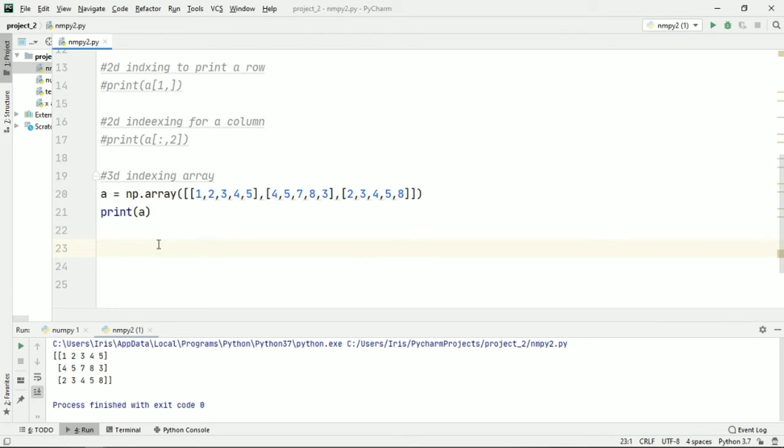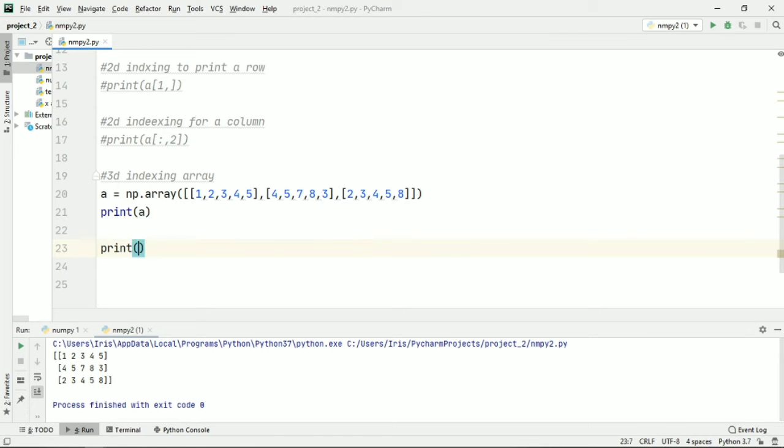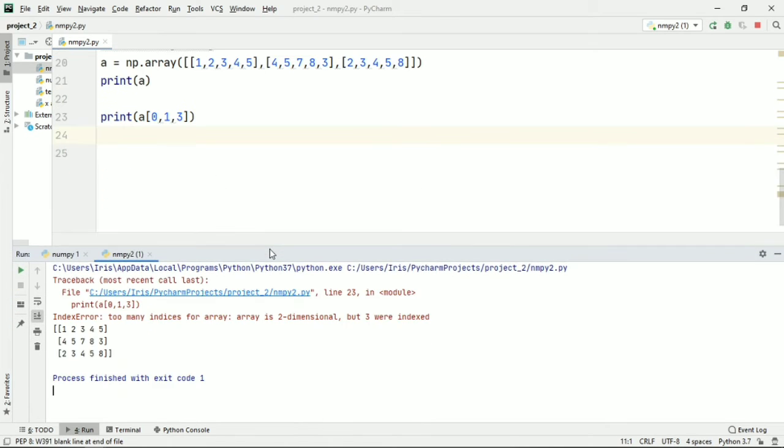Now we'll understand how we index and slice through a three-dimensional array. Let me just print this. Now let me give my close brackets, and now I'll place 0, 1 and 3. Let me print this and I'll explain what my arguments are about.